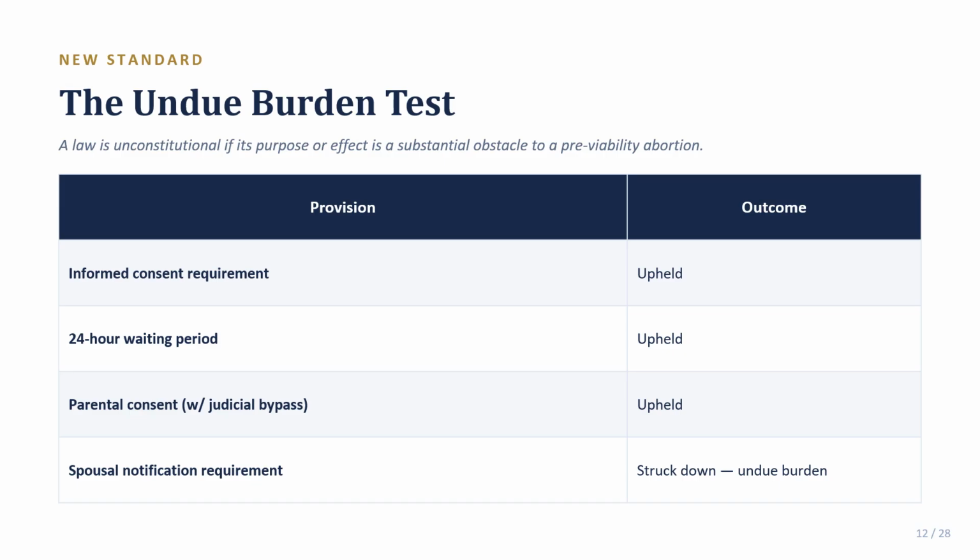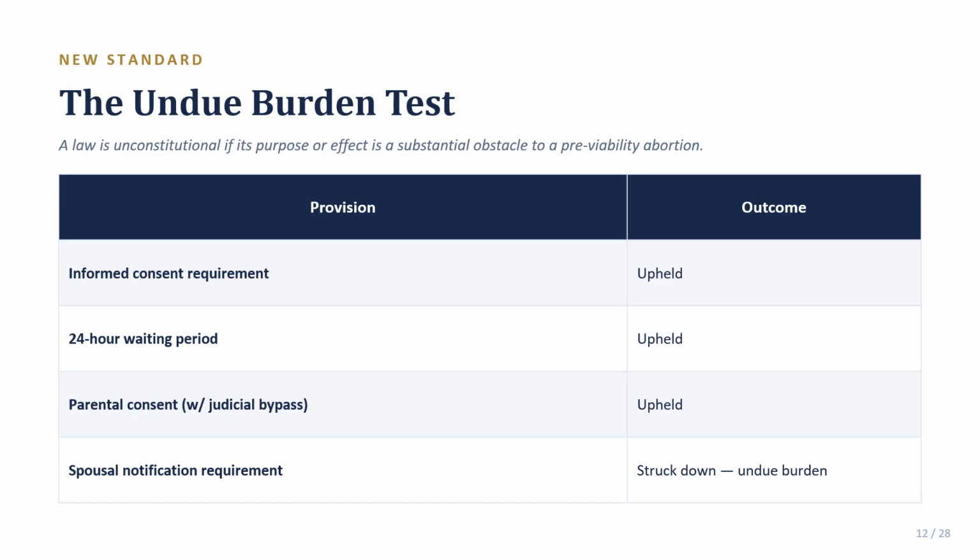But let's look at this. You have three provisions upheld, one struck down. What does the distinguishing feature seem to be? What made spousal notification different in kind, not just in degree, from the other three? Okay. The other three regulate process: informed consent, timing, and a judicial alternative for minors, whereas spousal notification could give a third party genuine practical power to prevent the decision entirely for at least some meaningful subset of women, which is a fundamentally different kind of interference with that underlying right.